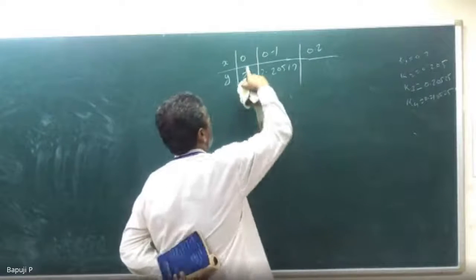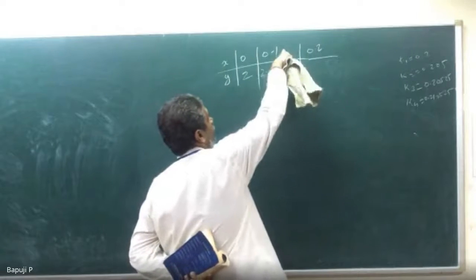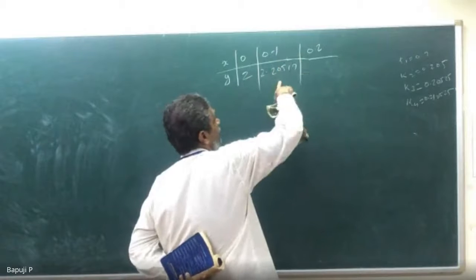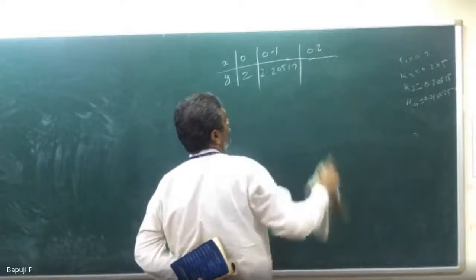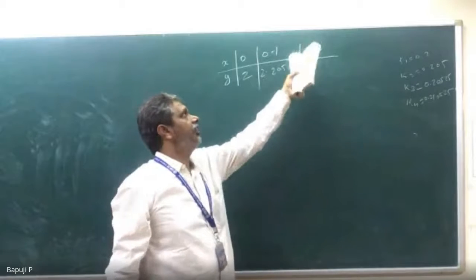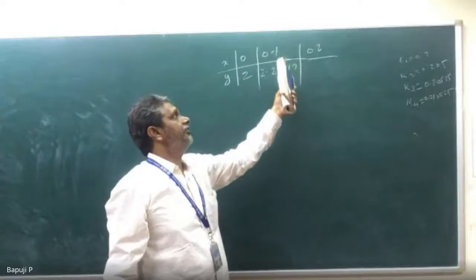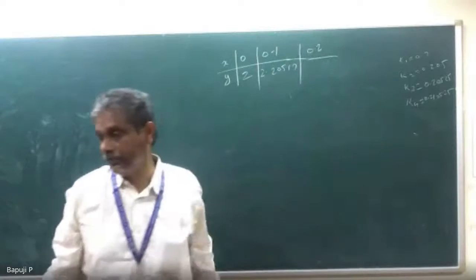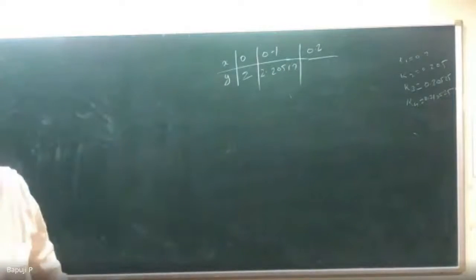So you need to be given x naught, y naught. At x1, what is y1 I got. But at x2, what is y2 I want to find out. You can take this as x0, y0 and find y1, or you can take this as x1, y1 and go for y2, as you like. You can do nothing will happen.